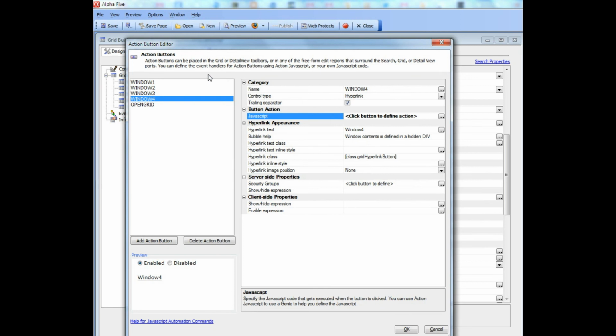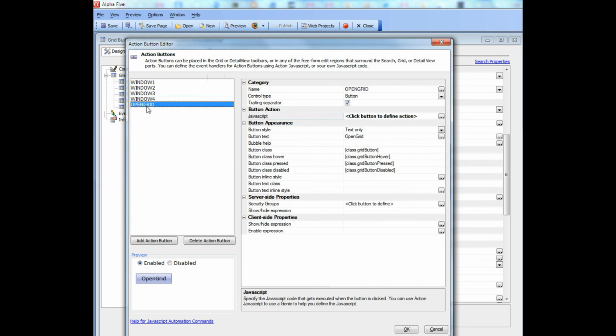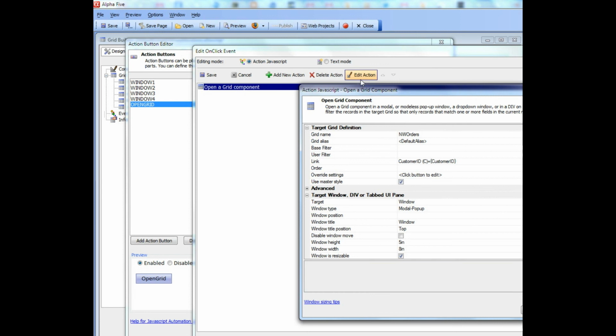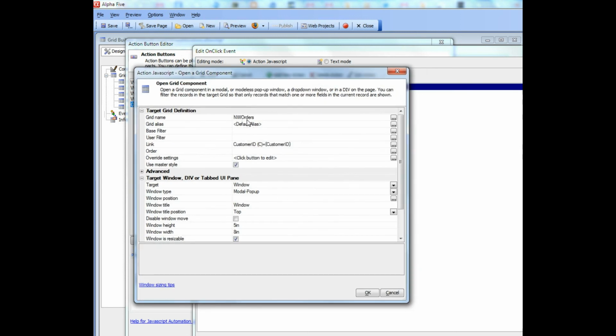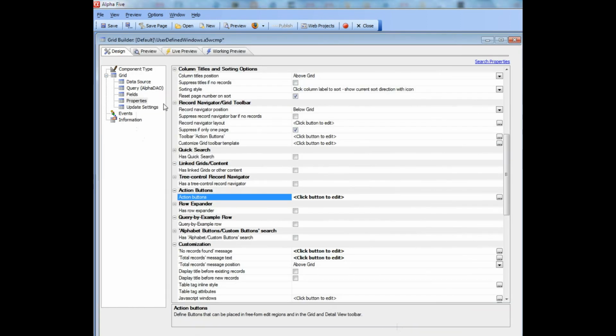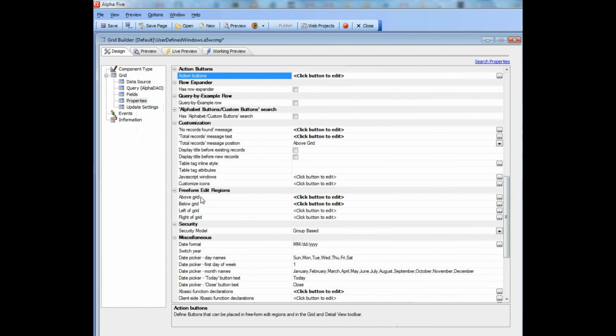So let's go ahead now and save that, and I'd also like to point out that I have another action defined here called open grid, and if we open up this action, it's just a standard action JavaScript that opens up a grid component. In this case we have a grid component called NW orders, and we're linking it to the customer ID in the current row. So I'm going to go now and look at the above grid